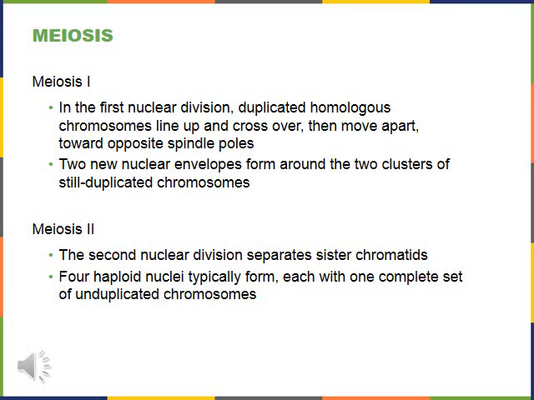But now you've got 2 cells going through meiosis 2, and each one of those ends up having 2 more cells. So at the very end, you're going to have 4 haploid nuclei, and it's going to go through cytokinesis and it will all break open. Okay, and so